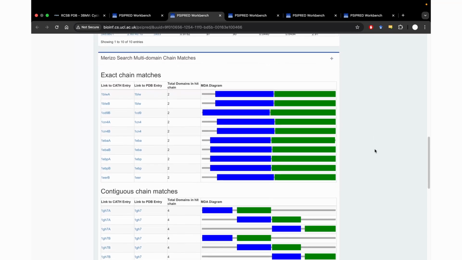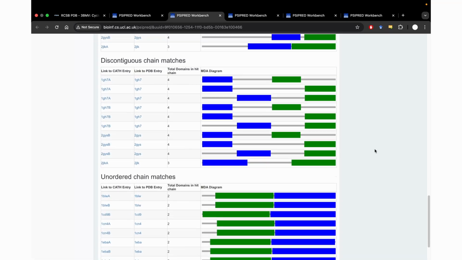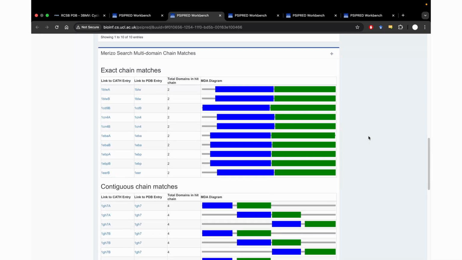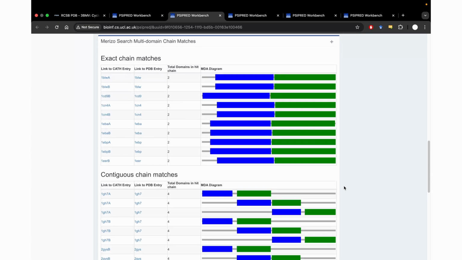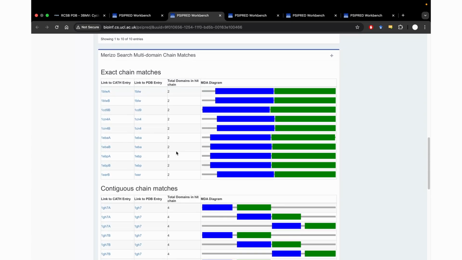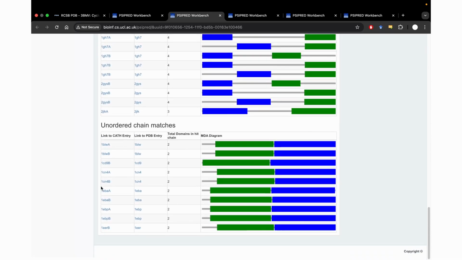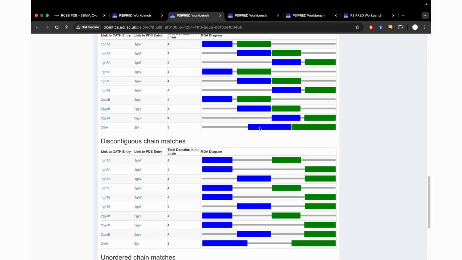And looking at the multi-domain chain matches, we find now that we have entries in all four categories. And this is a consequence of the fact that we're dealing with repeats of domains. So our query has two IG domains. We find many examples of hits that have four. And again, you'll find the same hit chain listed in multiple categories. So between the exact chain hits and the unordered chain hits, we have the same chains listed, and that's because